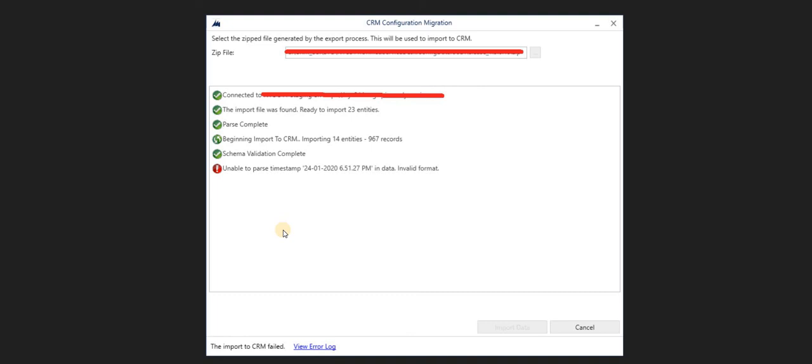So the problem was that this migration tool picks the date format from our local machine. Let us say my system date format is the Indian standard format, right? And my colleagues who are located in the United States have their format. So the two date formats are different, and when the tool is exporting the data, it exports in Indian format.